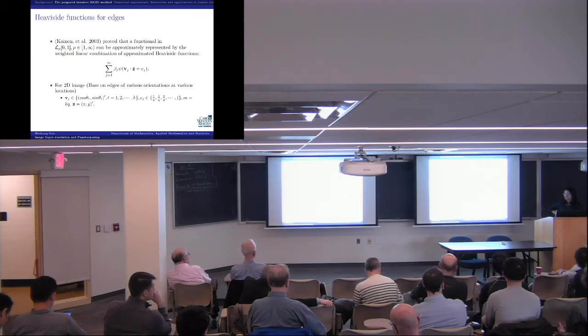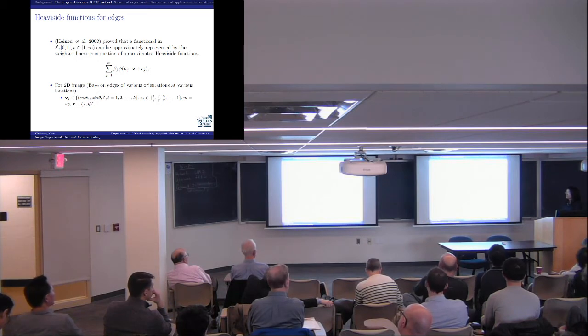But if I don't have anything beforehand, I don't know where the edges are, and I don't know their angles. So I would make it exhaustive. I'm assuming that at every location there's possibly an edge with some angle, and I'm going to consider all kinds of angles, like 0, 20-degree, 40, 60, 80, things like this, depending on how you choose your resolution for angles. Then we let the data guide us to decide where the edges are and what the angles are.